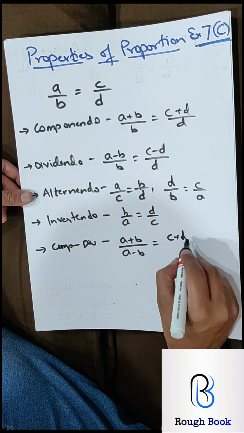First look at the coefficients. So from here, what do we learn? We learned that first you need to look at the coefficients. Once the coefficients are sorted, then the operation. So the operation was componendo, dividendo. If there is any degree over here, let's say a square, b square, something like that, then this will become your third step and your second step will be the degree. So it becomes coefficient, degree, operation.